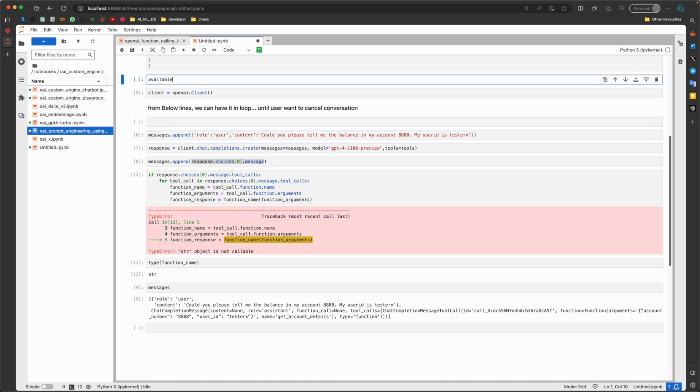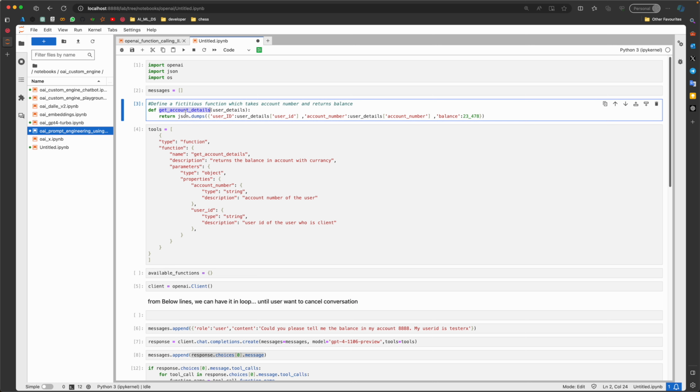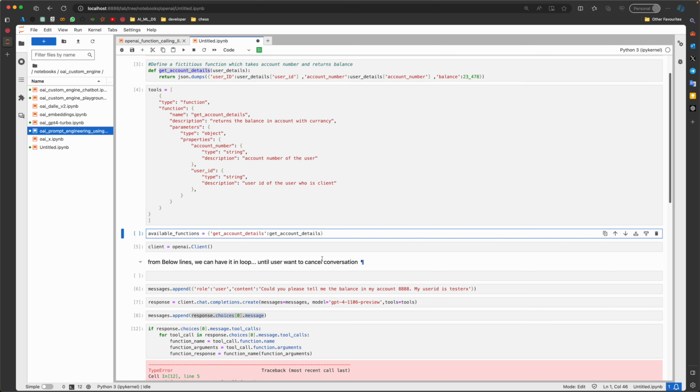So available functions is equal to, and whenever I ask for available functions get account details, I'm going to get this value returned.